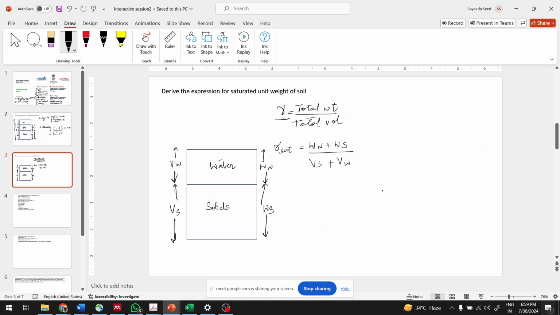Now, what we can do is we can take these. The first thing we will do is we will write this as